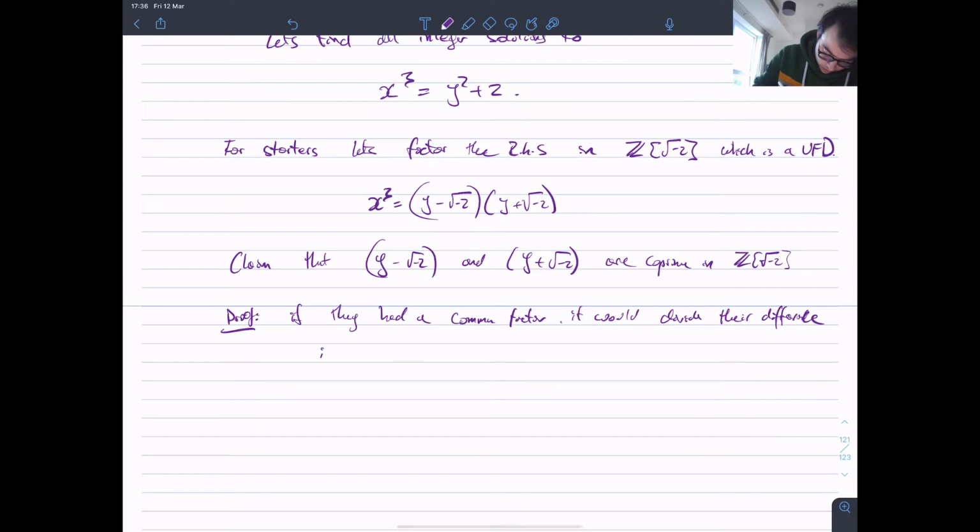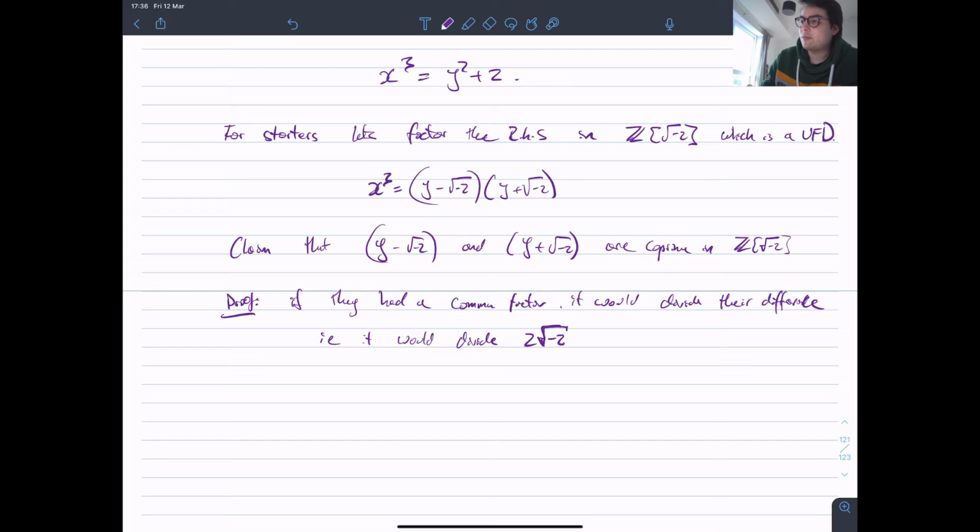So it would divide the difference, which is 2 times the square root of minus 2. I think maybe in the first lecture, or the first problem class where I gave some motivation, I mentioned a similar example to this. But let's do this again. So it would divide the difference of these two elements, which is this thing. Meaning that x would be even, right? If the square root of minus 2 was a factor of these two things,